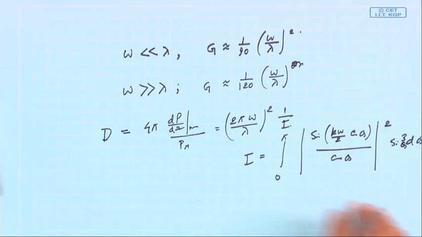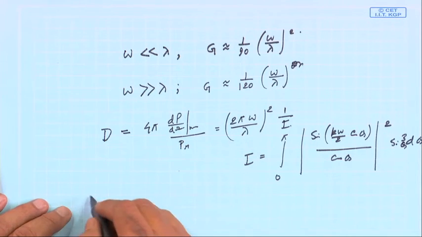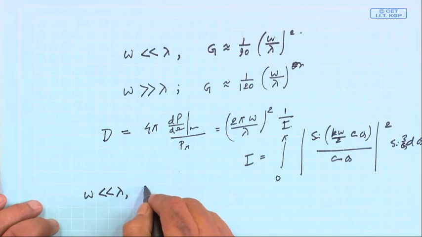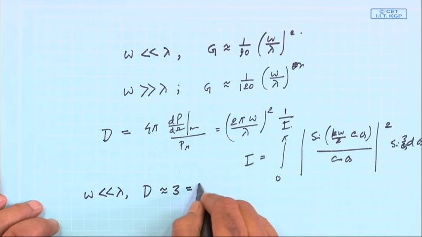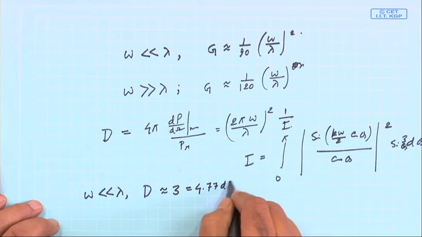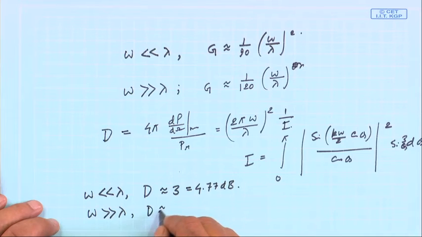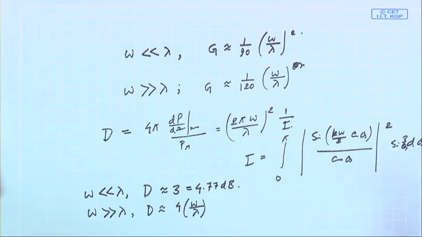So basically, ultimately it reduces to this: if W is less than lambda, then D is something like 3. That means 4.77 dB, and if W is greater than this, then D is almost 4 into W by lambda. So, as W becomes high, you get more directivity, but then your